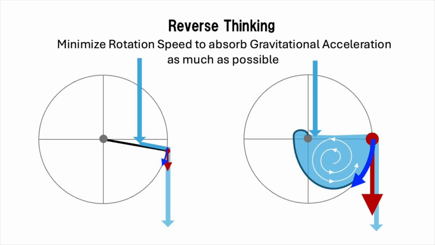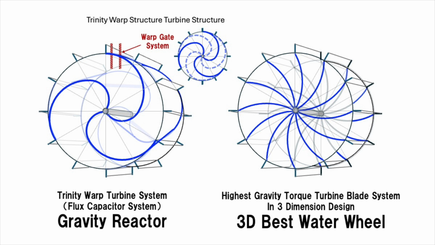Without this control, the more water stored, the more torque is released all at once unstably, and stable torque energy cannot be obtained. So the system concept could collapse and shift to higher speeds, repeating a negative chain reaction. However, there is the Trinity warp turbine system, which is made up of 3 warp turbine blades and solves all of these issues with a simple structure and function. This can also be called a flux capacitor turbine, as it is equipped with a warp gate system that jumps over the limit angle band to other warped space.